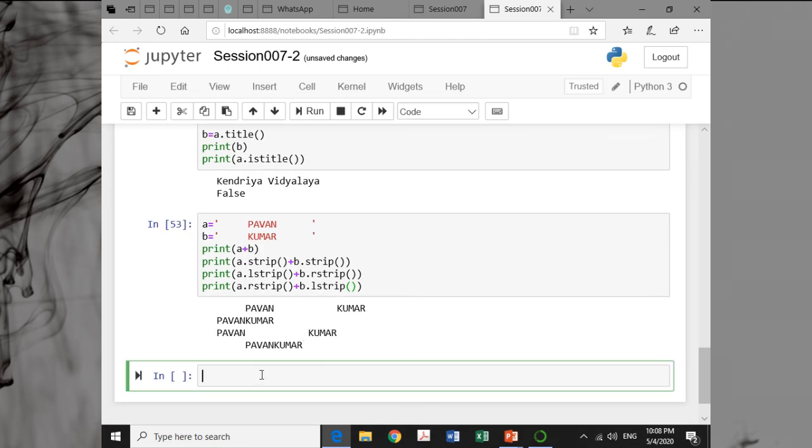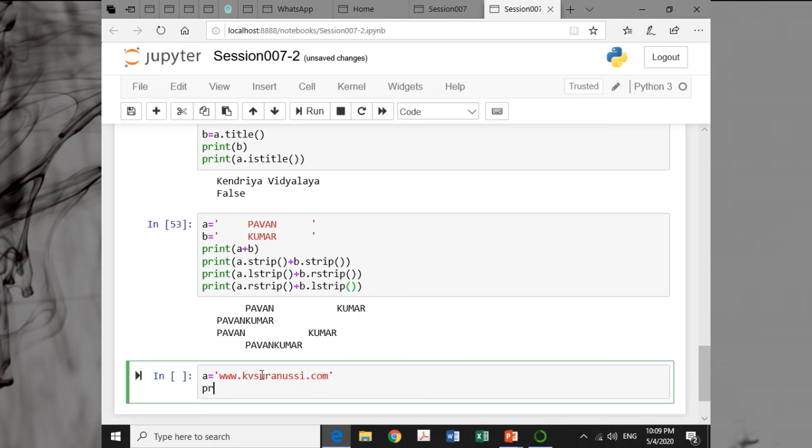But if you want to remove certain specific characters, like suppose a is equal to www.kvsuranussi.com, and I issue the statement print a dot strip, and here I am specifying, say, dot, w, and m. Okay, you can write them in any order, it doesn't matter.